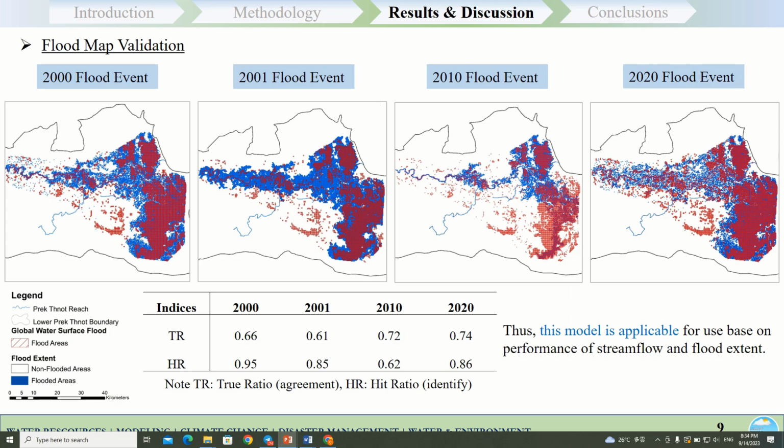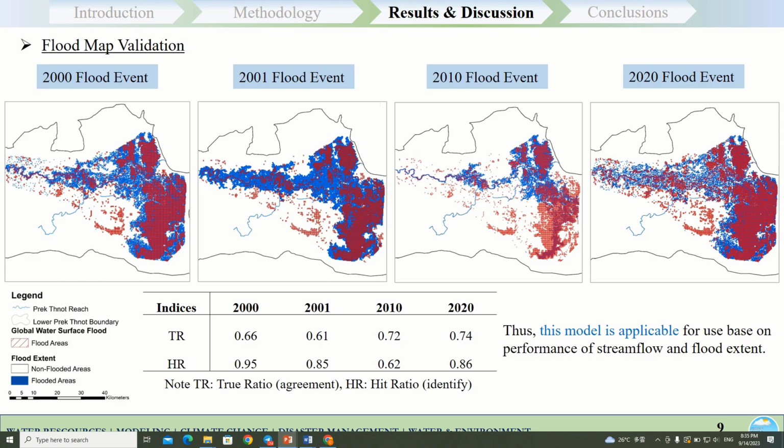However, the flood extends into certain areas as well. So the HEC-RAS model simulated flood extent is within an acceptable range, with a true ratio of 0.66, or 66%, in the flood event of 2000, and the accuracy of identifying the flood map is 95% in the recent year,